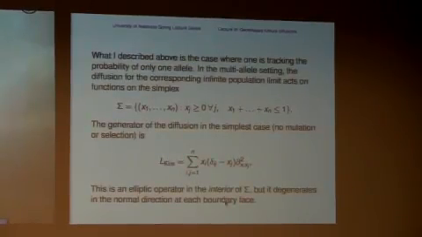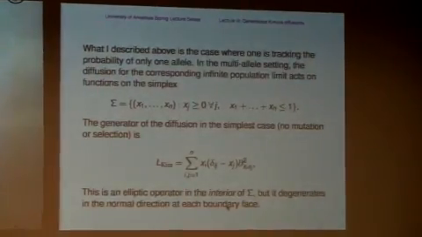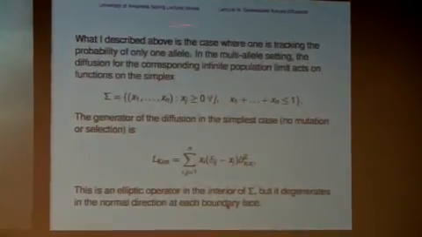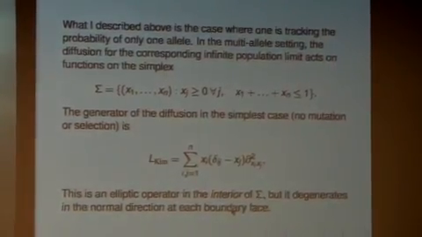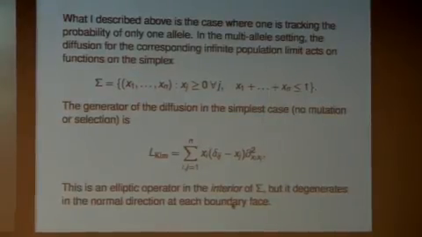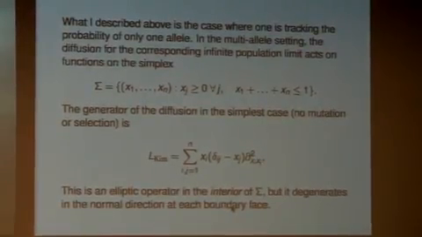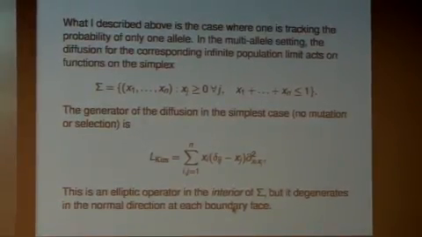Okay, so I talked about the one-dimensional model before. Here's the general model that was written down, again, a long time ago. So this is in the biological parlance of multi-area studying, so I was looking at various traits, and you're looking at how they diffuse through the temporal process and as mutation and selection have their way.